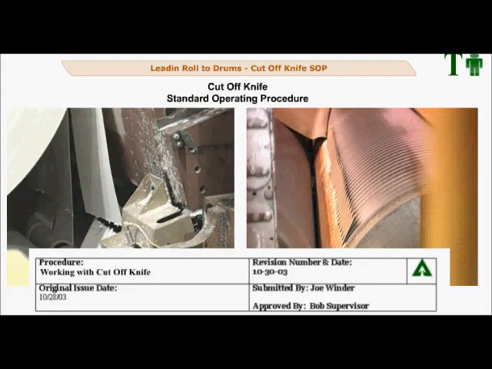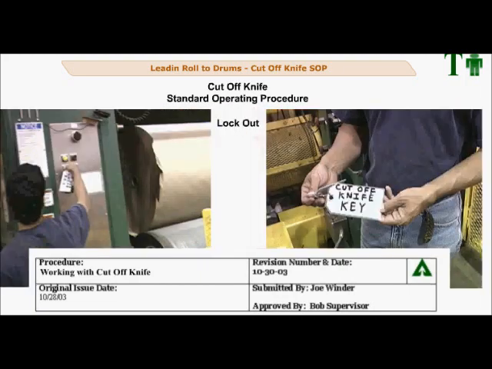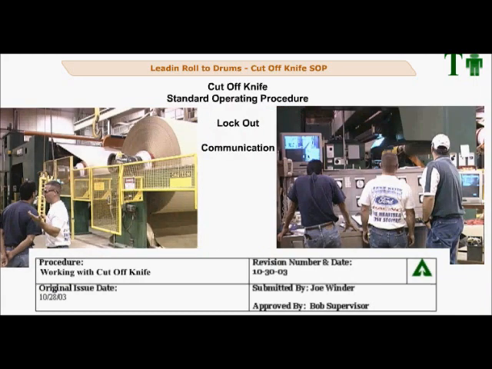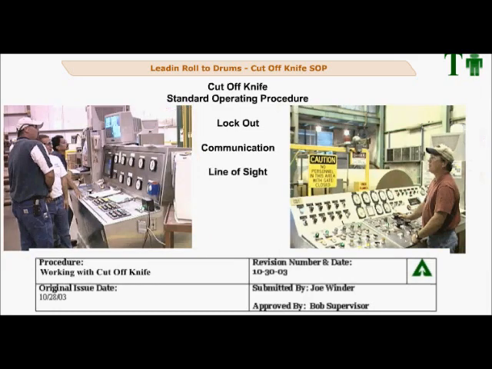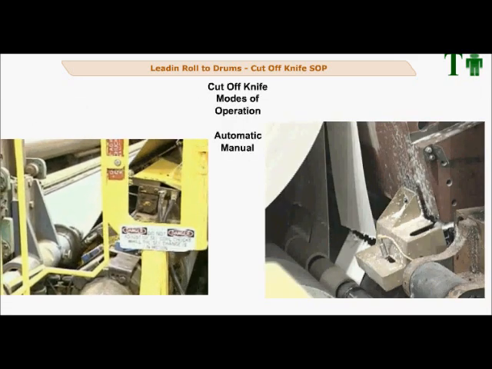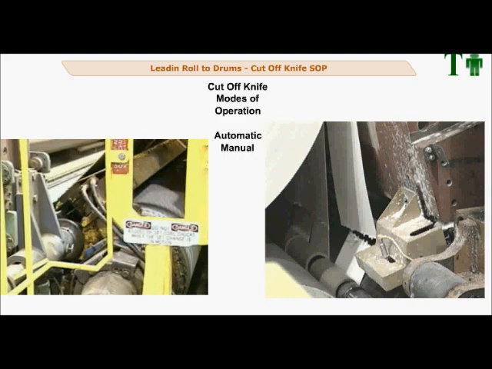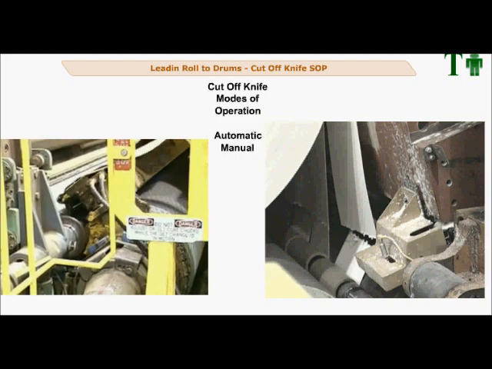Cut-off knife, SOP. Your mill must have an SOP in place for safely working on or around the cut-off knife. This should include proper lockout and testing for zero energy state, clear communications with the entire winder crew, line of sight operations. A cutoff knife has moving parts and may be in different positions at different times in the normal operations of